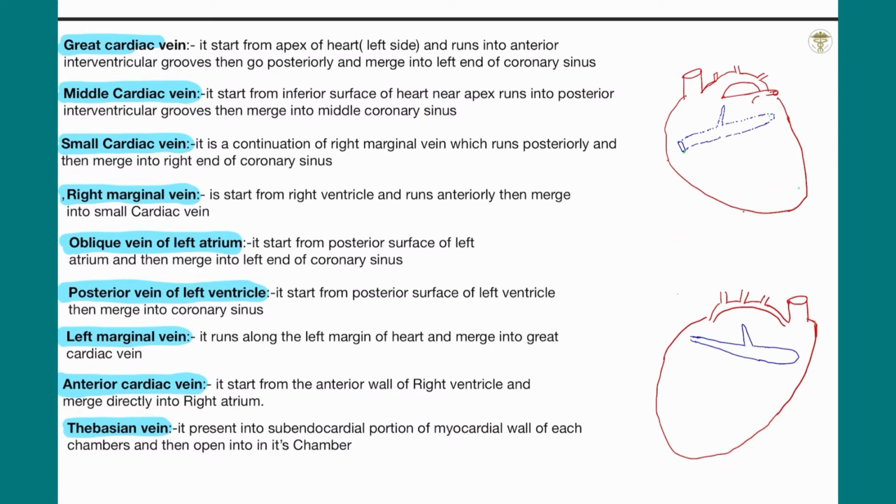but please understand that when I make any vein in the anterior view with a dotted line, these veins are present in the posterior position, and when I make a vein in the posterior view with a dotted line, these veins are present in the anterior part. So like this, I made this, the coronary sinus. What is this? This is the coronary sinus. It is present in the coronary sulcus. It is present in the posterior part, so I made this with a dotted line.